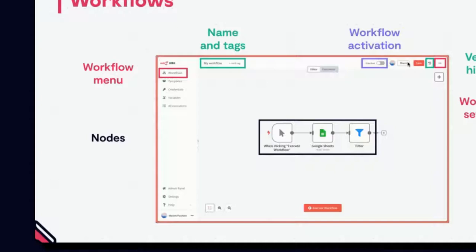Here we have the canvas. So from the canvas, we can see the main workflow elements. Up here we have the workflow menu, the name and tags associated with that workflow. We have the workflow activation settings here. We can also access the version history and workflow specific settings up in the top right corner. In the middle, obviously, we have the nodes of the given workflow, and we have some zoom settings to the